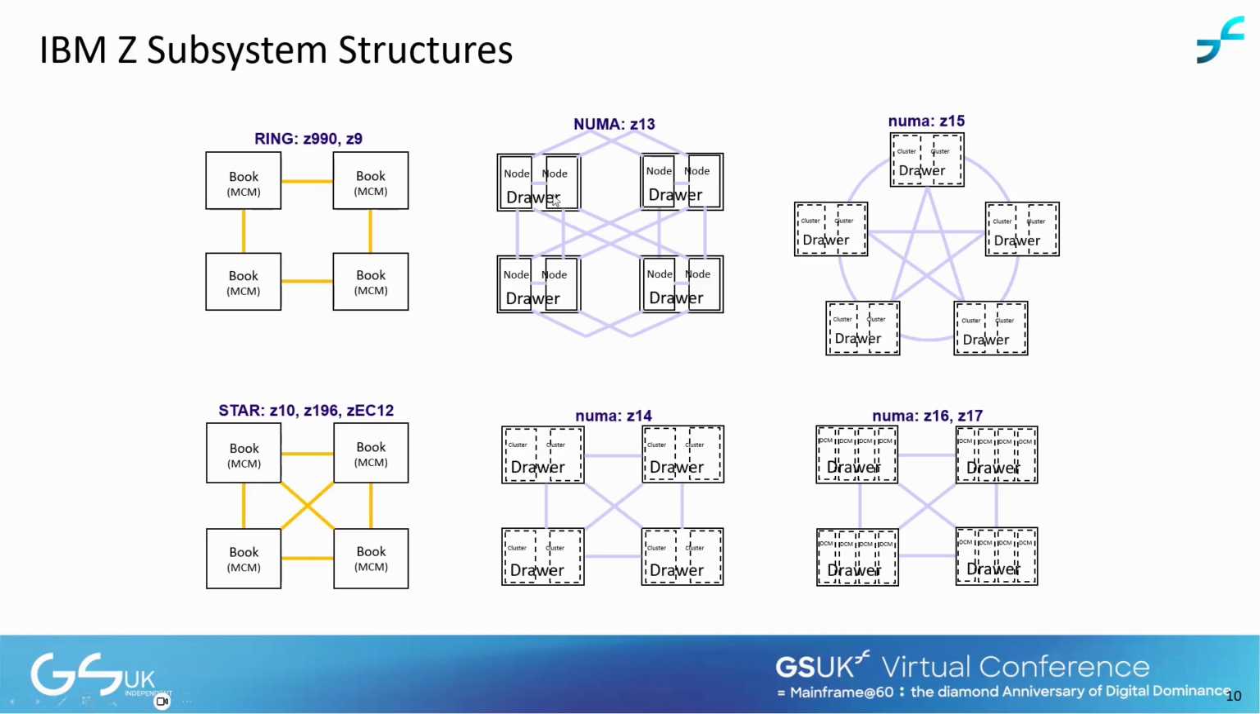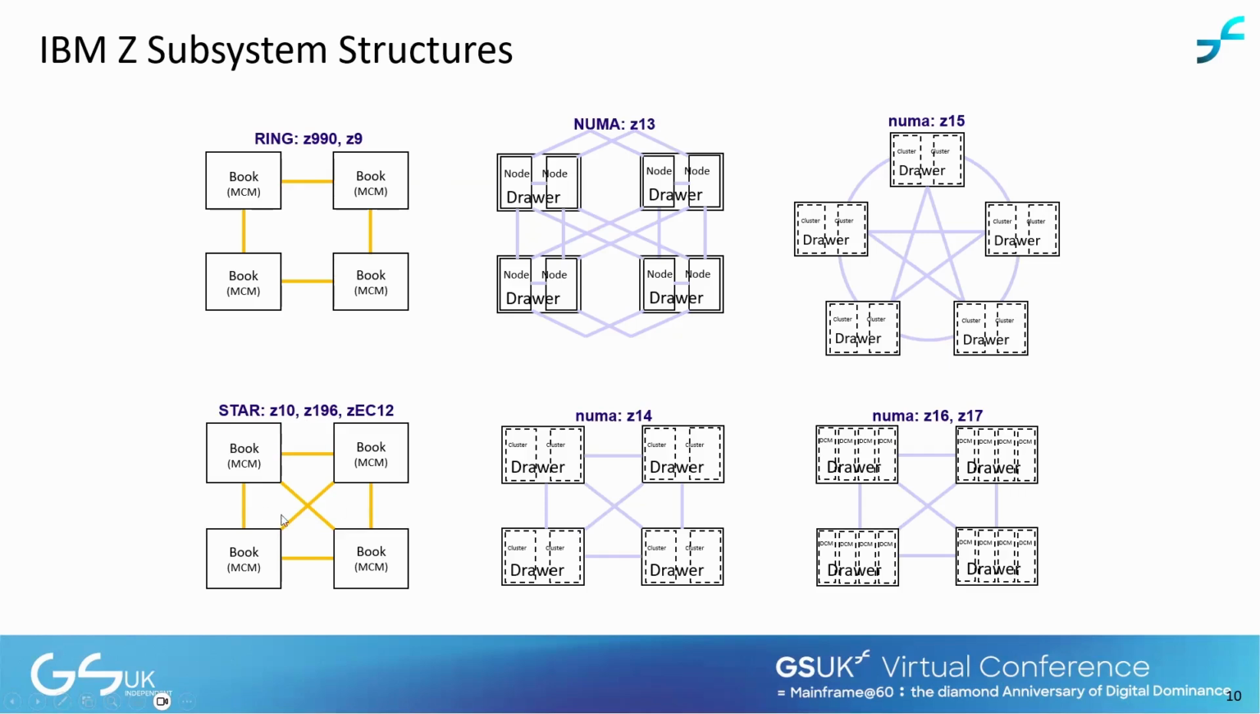And you can also see that drawers became what we previously called a book has now become a drawer. And starting on Z13, and Z13 was hopefully unique until the end of days in this regard, we split each drawer into two physical nodes, where each node had its own level 4 cache. This got a little dicey because,